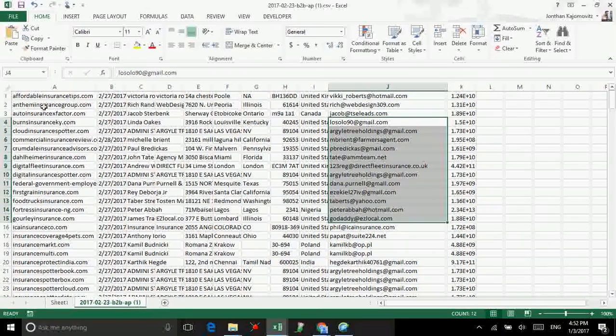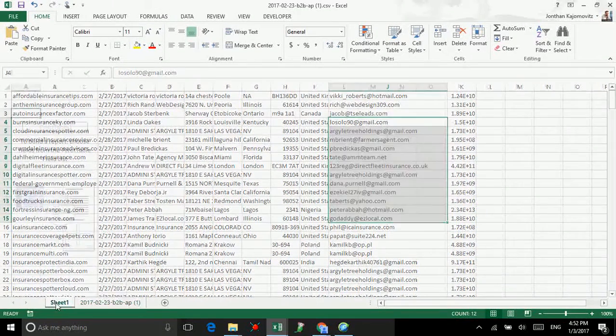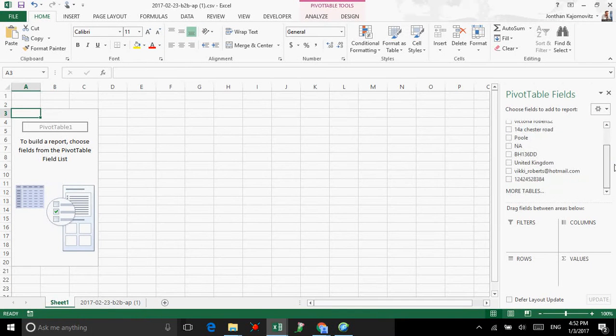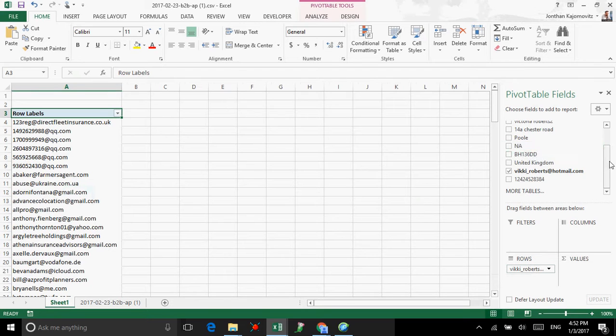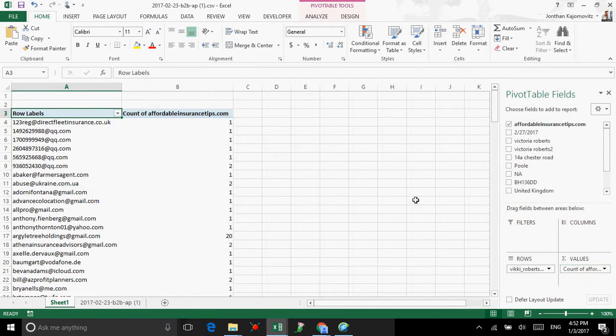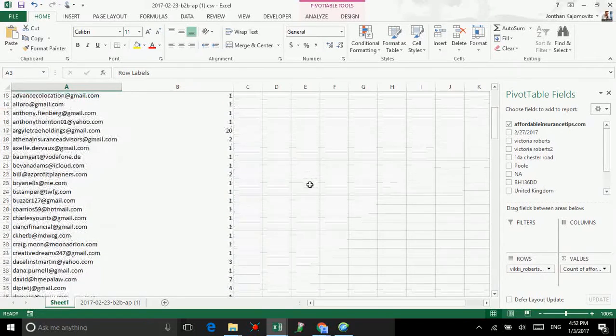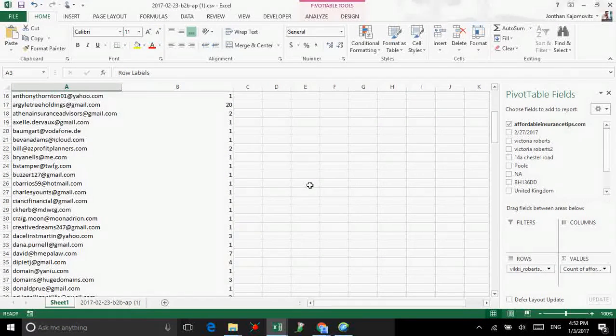So going back to the pivot, something that you can do just for fun. Let's say that you sort by email, and the other thing that you do is that you just put the value, which is the domain. Now, this is where it gets really interesting. In just a few days, for a very small keyword talking about insurance, you can see here that there's a lot of people that are registered more than once